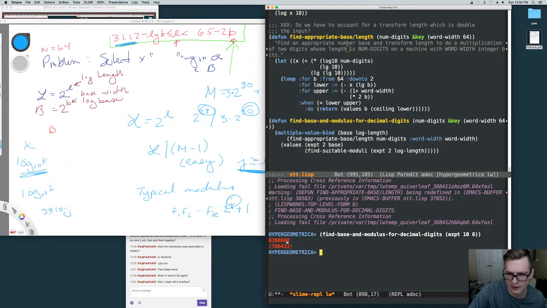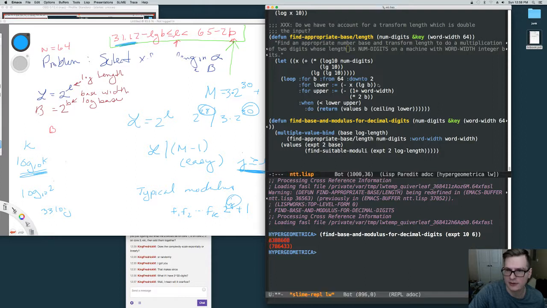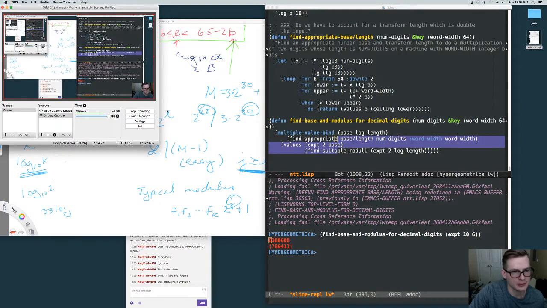This is saying that we have a base which is really large, but a modulus which is much smaller, and I've been saying that the base must be less than or equal to the modulus. So this is a little curious. Maybe I need to do some sort of reverse search. Anyway, I will